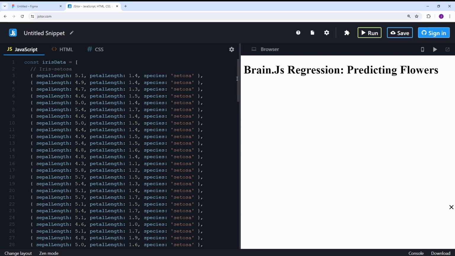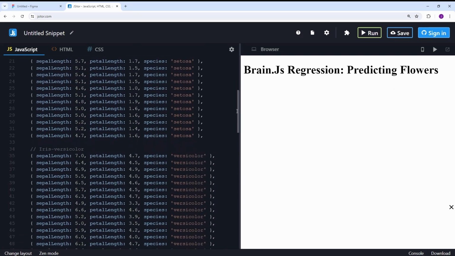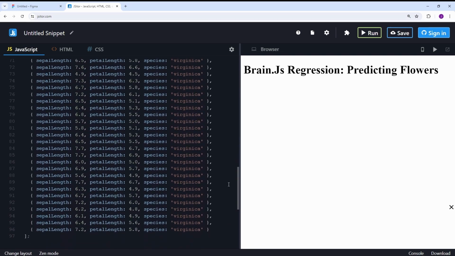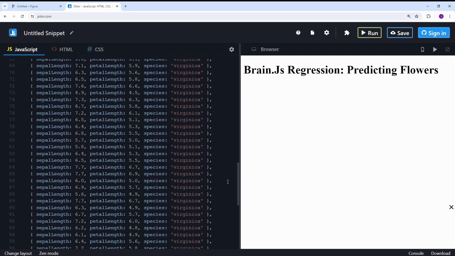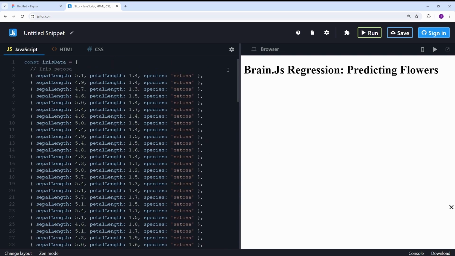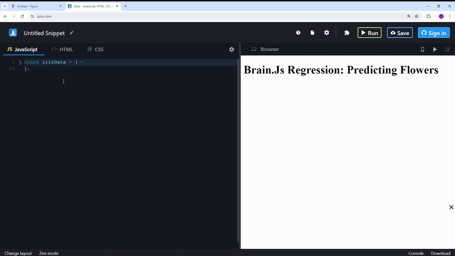We have, I think maybe it's 20 data points for each flower, and then the characteristics. And then all we're going to have to do now is figure out how we want to actually train a neural network and how we want to tackle this problem. So we have this big data that, of course, you can copy in from the source code. And then the first thing we're going to do actually is normalize